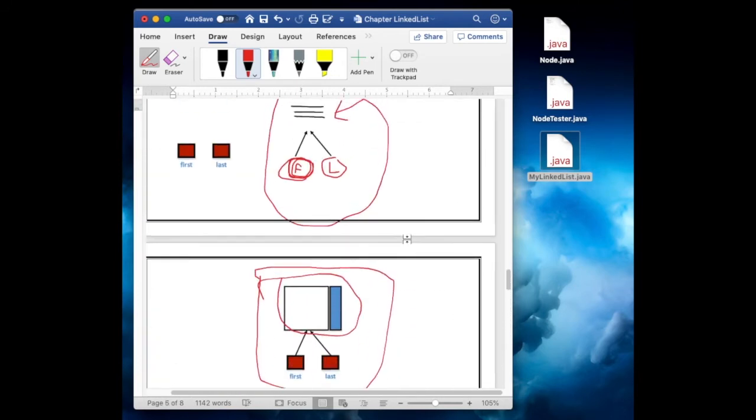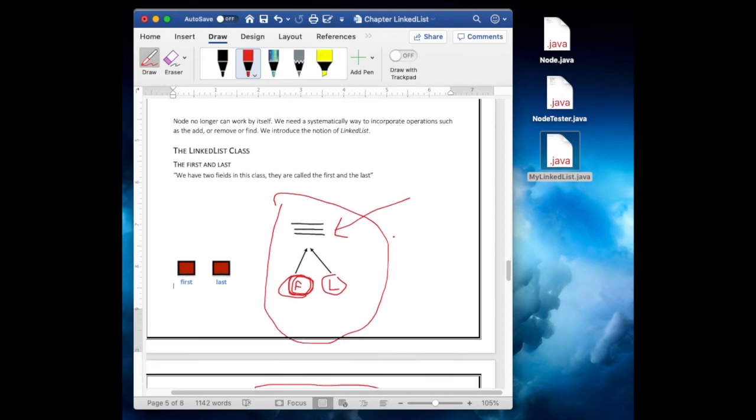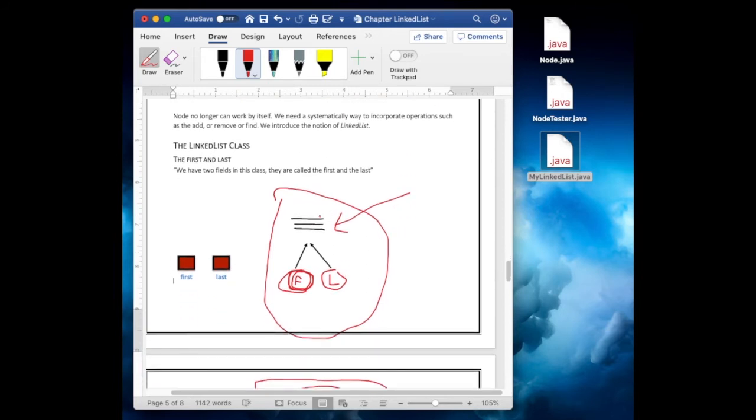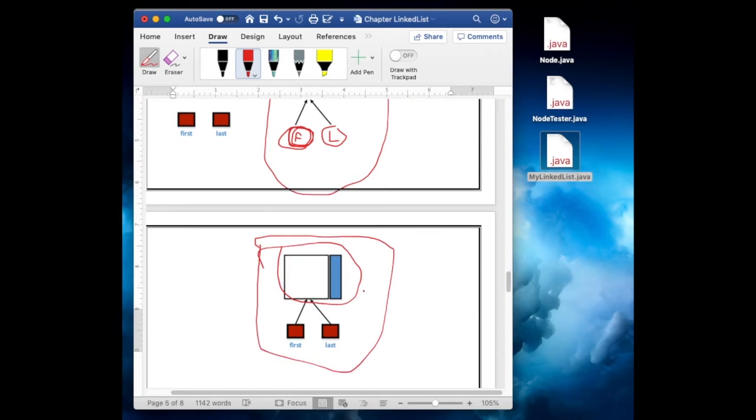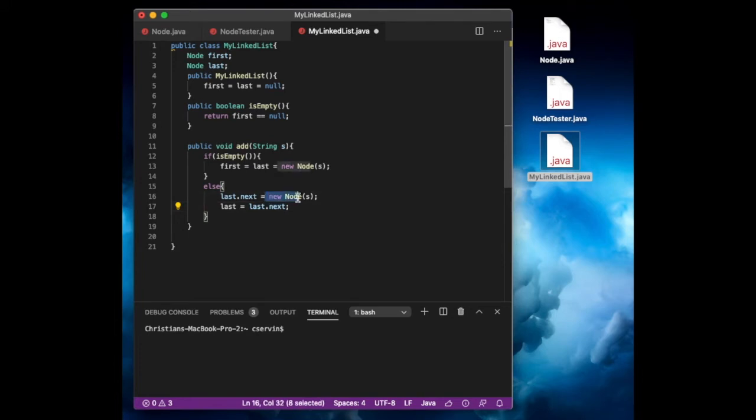Let me see. When it was empty, it's easy because the first and the last will be that. But suppose it is not empty, then you will have to create a new node, yeah, with that value s that we provide. We use the first constructor, so this guy will be pointing to the null. S represents the value of the string. Now, notice that the first is pointing to this guy and last is pointing to the same guy. So when we create a new node in this line of code, with that value s,